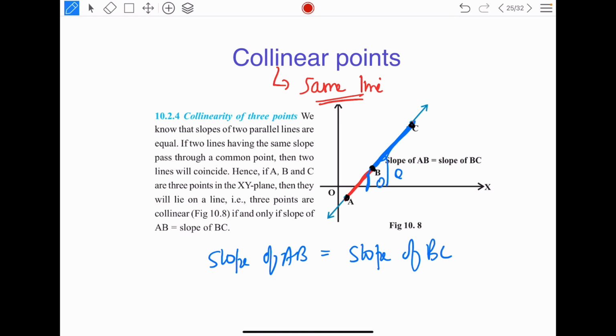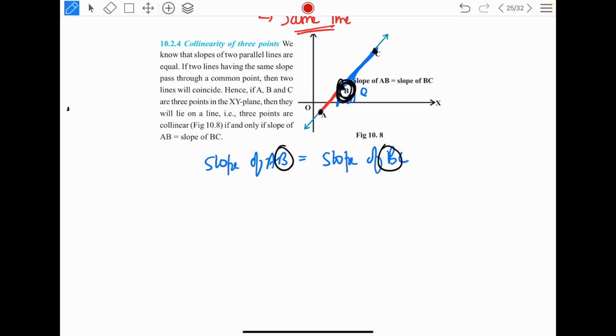One thing that you will have in your mind is, if the slopes are the same, aren't they parallel? Why are we talking about them as collinear? The thing is, both of these lines have a common point P. They have the same slope and a common point P. If they have a common point with the same slope, that means they are collinear. If they just have the same slope with no common point, that means they are parallel. And if a common point is also there, that means they are lying on the same line and they are collinear.